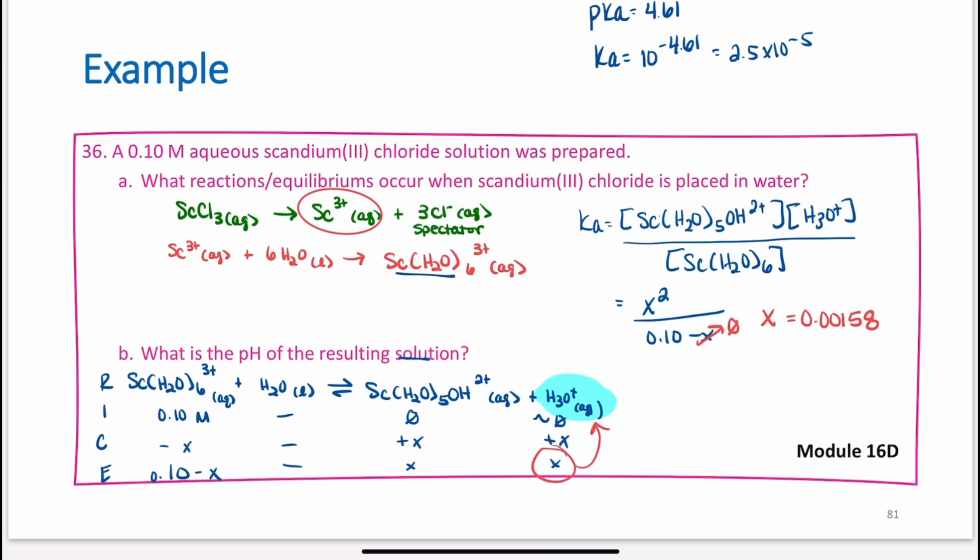Remember what x represents. x represents my hydronium concentration, so this is a molarity here. And my pH is the negative log of that hydronium concentration, and the value is 2.80. Congratulations, we have finished the additional practice for this